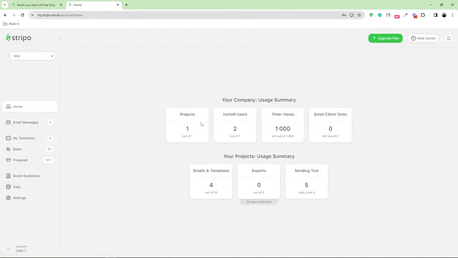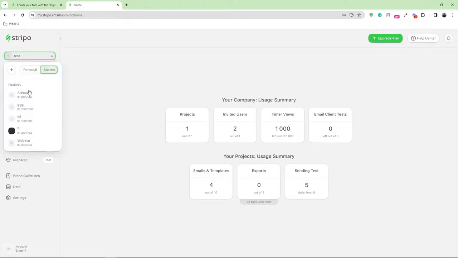Here you can see the basic information about your company, for example, how many projects you can create. For instance, in my own organization, I have one project from one, as you can see, which means that I cannot create any additional one. But if I switch to the shared organization from my colleague,